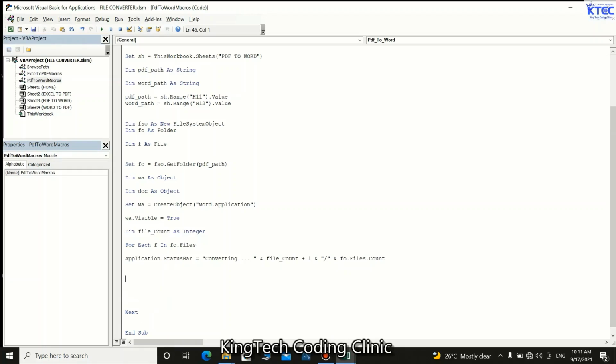So now that that is done, we need to set our document to what? Web application or document. Then we open it. Now we want to open the document from the folder path. Okay, that's what we want to do. So we say WA. Okay, no, we do that. Set